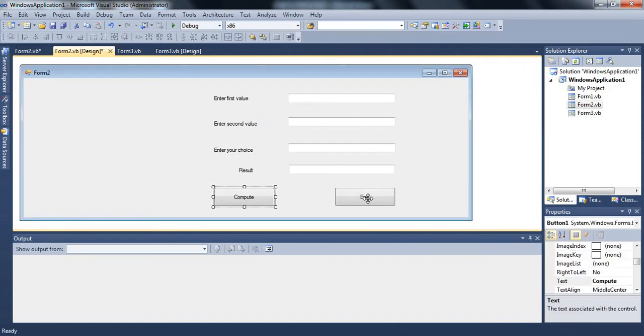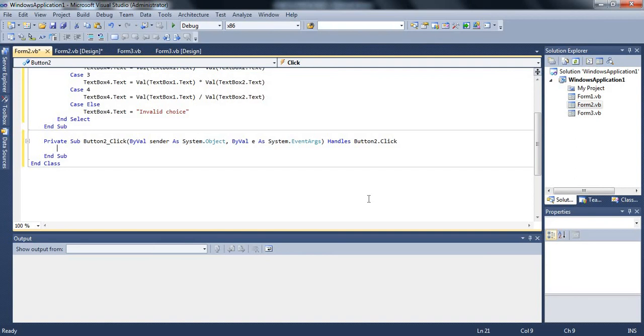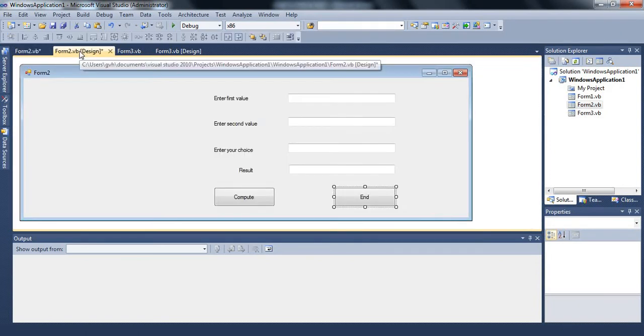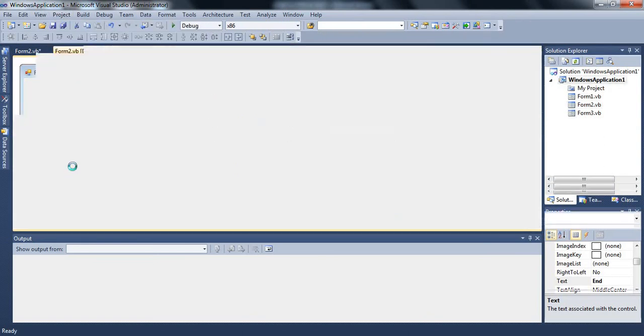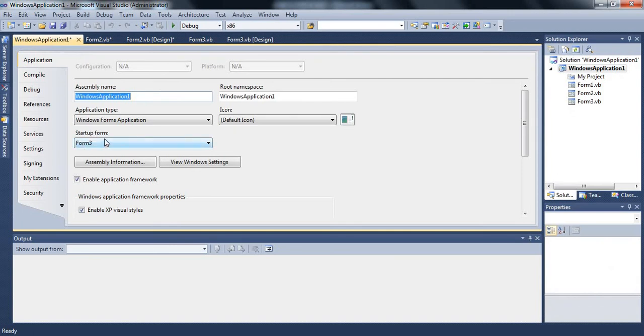Let me go to the design part, and to activate the second button, which is to end the application, we'll have to add End. The only command required to close the application is End. So let me add that single line command. And to execute this, I will have to first go to Project, change my project properties, and change the starter form. Every time you change your form from the existing one to the current one, I'll now be executing form number 2. So let me select my starter form as 2 and then click on start debugging or F5,